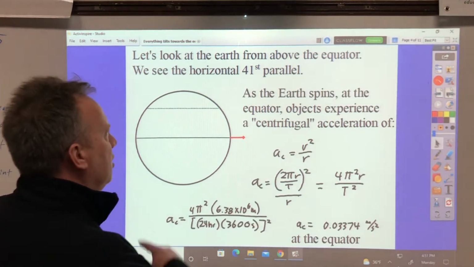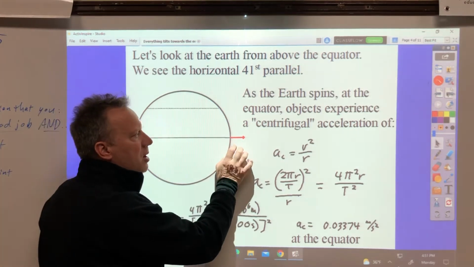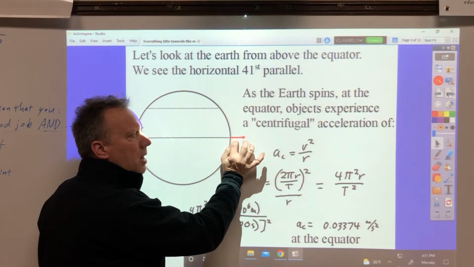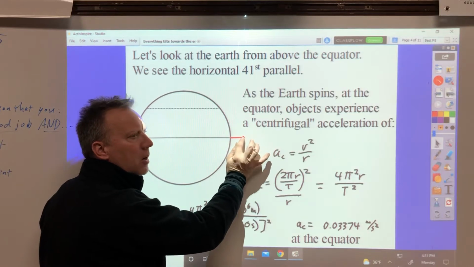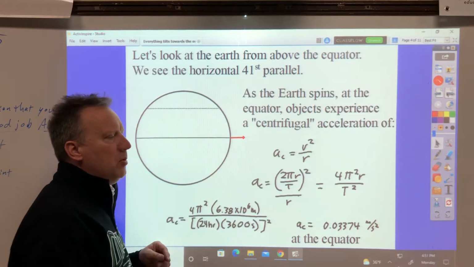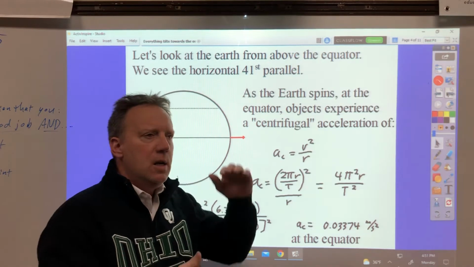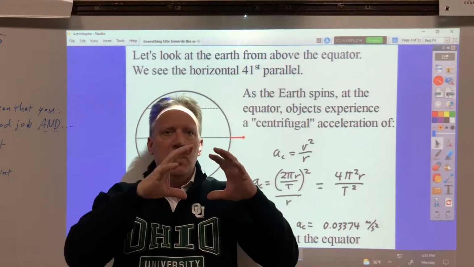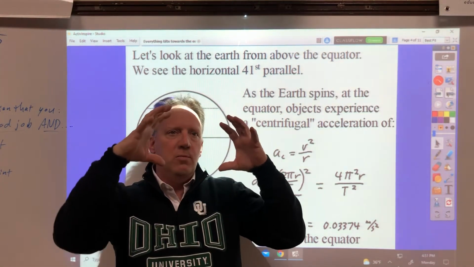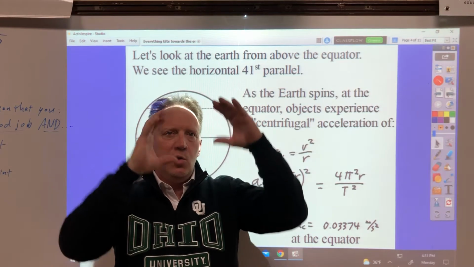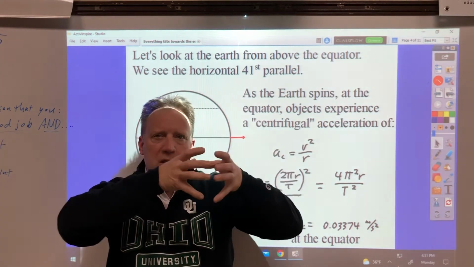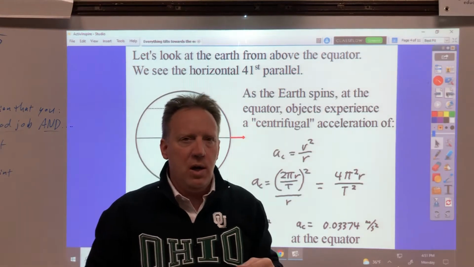As the Earth spins, we're going to experience an acceleration here at the equator that is opposite Earth's gravity, which would reduce Earth's gravity slightly. The Earth is actually not a perfect sphere. As it spins, it's pretty much liquid inside. It's squished down a little bit at the poles and expanded a little bit at the equator, and it's because of